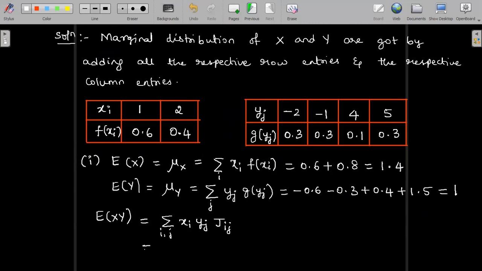1 into, I'll just show it for the first two values, 1 into minus 2 into 0.1 plus. We'll fix 1 first, means we'll fix the value of x first. So row wise I'm going. So 1 into the next value of y, minus 1, multiplied by its joint value 0.2, etc. Same way you have to proceed, and the last value that you'll be having will be from the tabular column. If I have to show you,